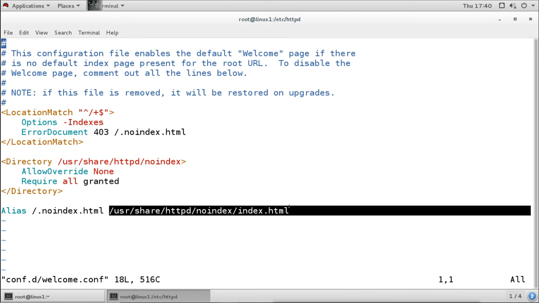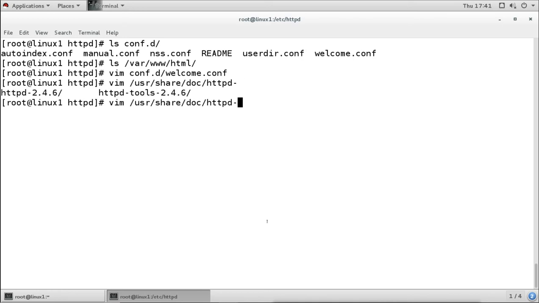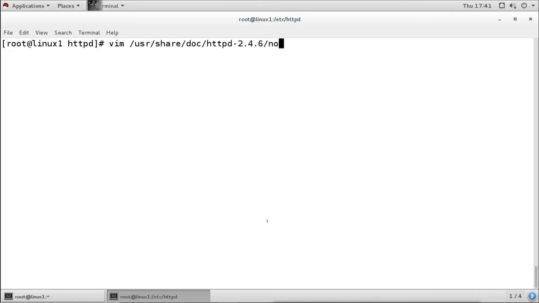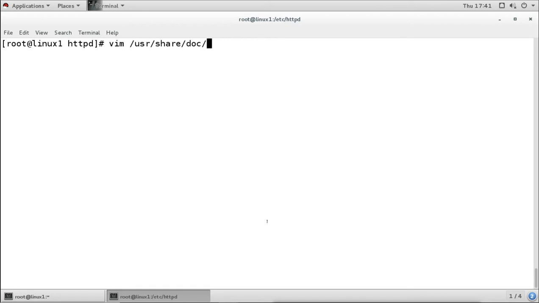So if we want to see this file, it is under /usr/share/httpd, the httpd noindex directory, and this is the index.html file.